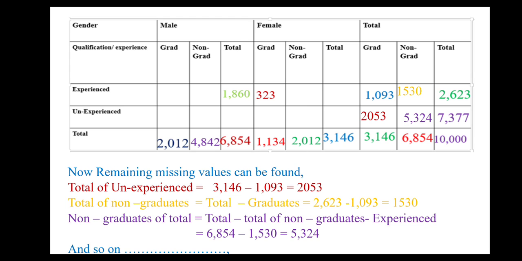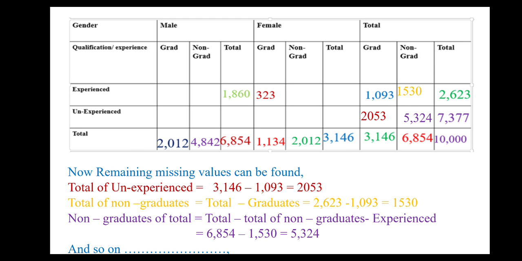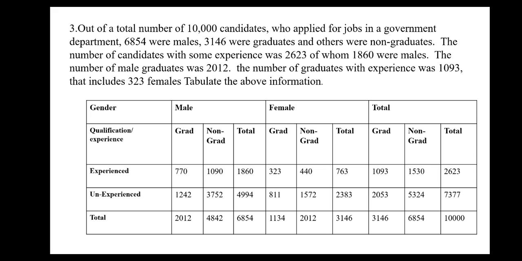See that? In this way we can find the remaining missing values. See that, 3146 minus 1093 is 2053. So all the remaining values can be found, and finally you will get the complete table. This is another problem that takes a long time, which is why we explain wherever understanding is needed. Here, consider three values; if you know two, we can find the other. Like that we can follow and get the other values. Come to the next problem.